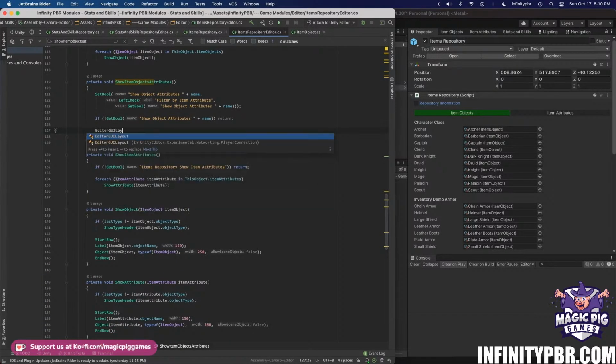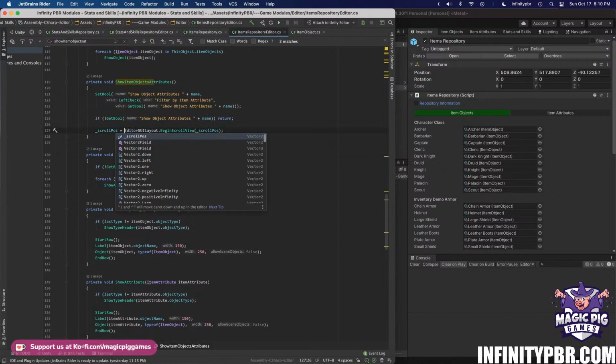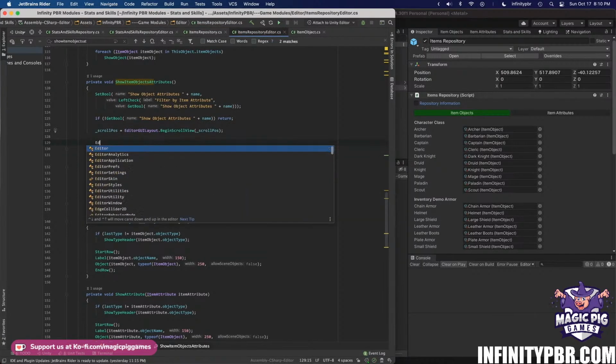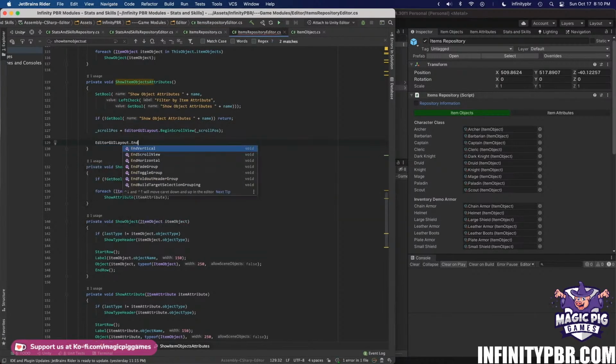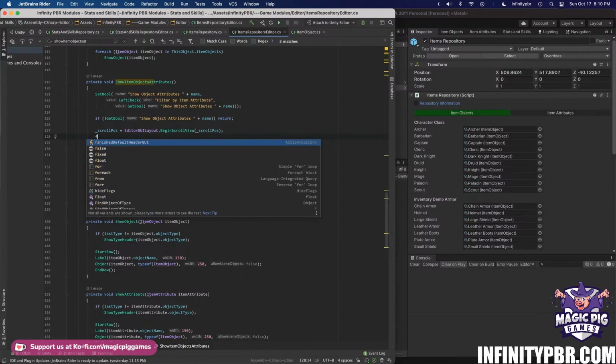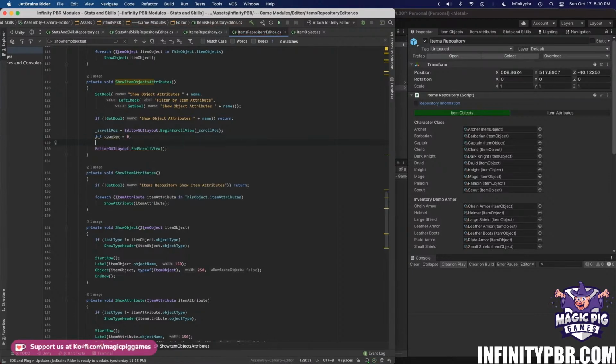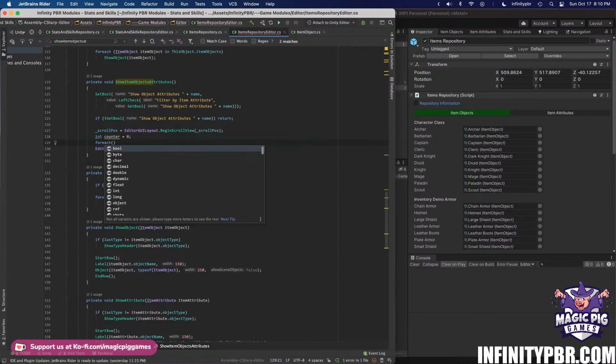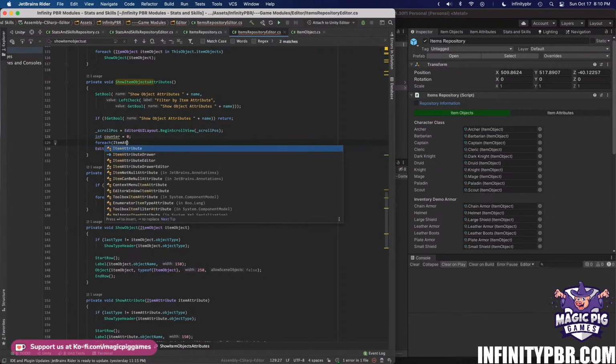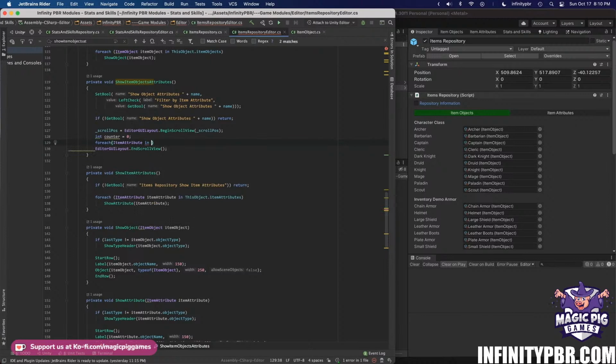EditorGUILayout.BeginScrollView and equals EditorGUILayout.EndScrollView. And then in the middle, we will do for int counter equals 0. And for each item attribute in